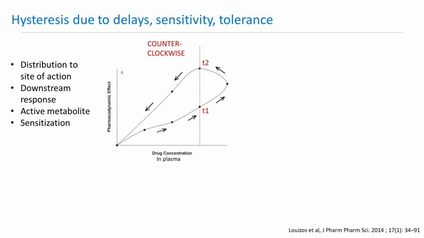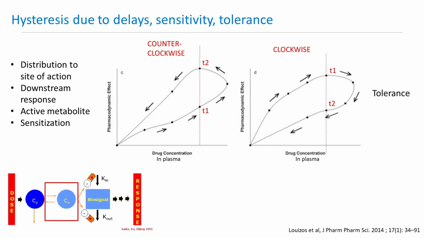We often model this phenomenon by using the schematic that you saw several times in part 1 by putting in what we call a hypothetical effect compartment. That might be realistic. It might be that, for example, the joints or the tissues, the concentration in those tissues is what drives the response. But generally, we use this as a way to collapse that delay. If we plotted the pharmacodynamic effect versus the drug concentration in the effect compartment instead of in the plasma, you collapse that loop into a more traditional Emax model, for example,